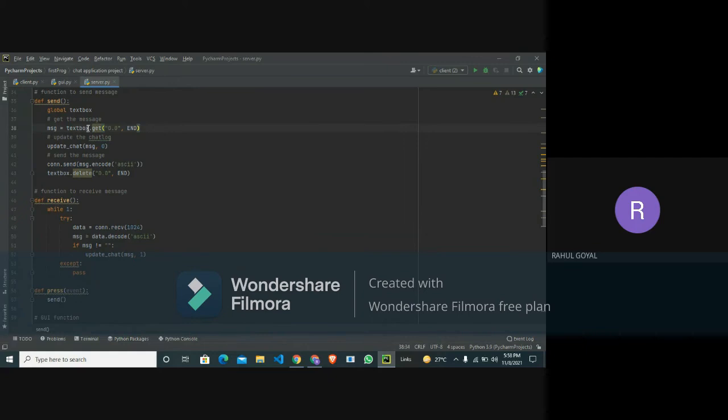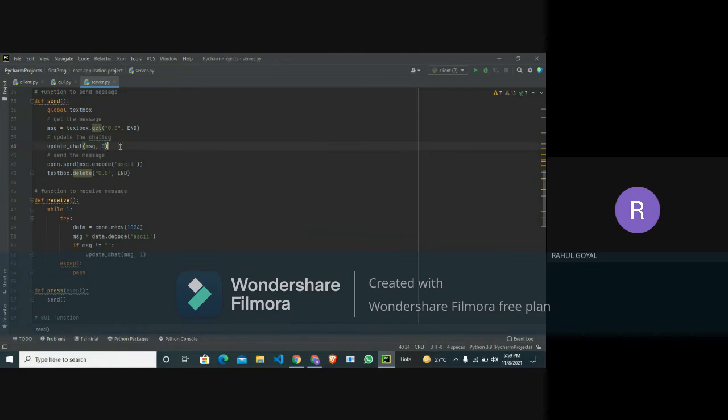The variable message holds our whole message, and that will be passed to update chat, which takes two arguments: message and state.